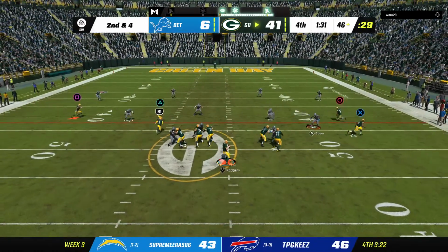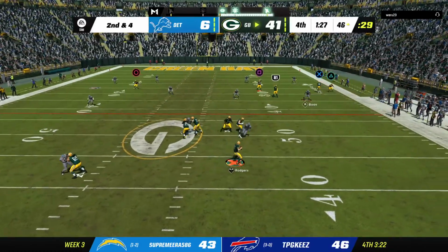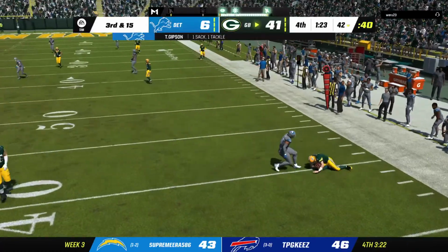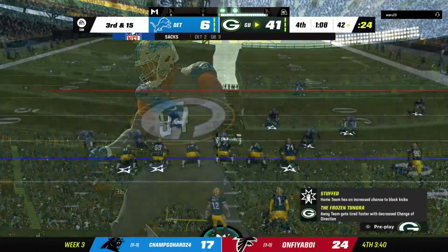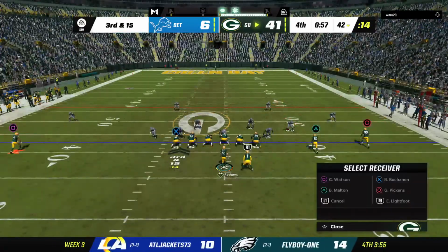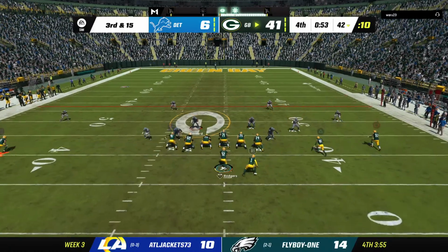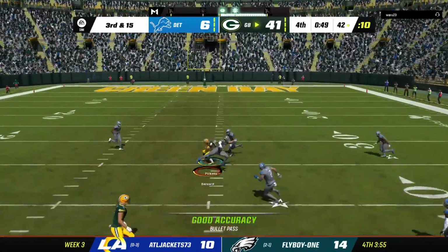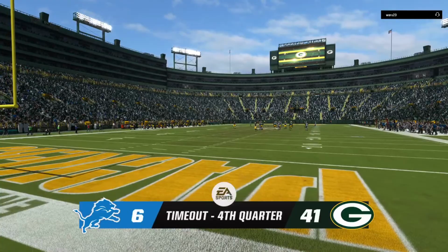Game's already decided, as you noted, so they can continue to play loose, break out some other concepts, maybe run a few trick plays, get other people involved. Heck, even go deep on one of these first snaps just because they can. That winds up pushing him back 11 yards on the sack. And that'll bring up third. That's going to be caught by Pickens. The Packers going to use one of